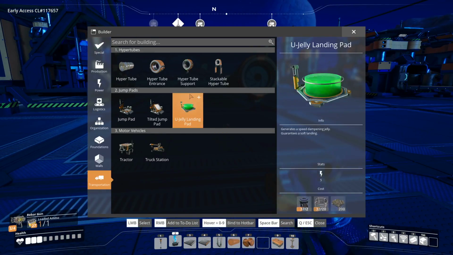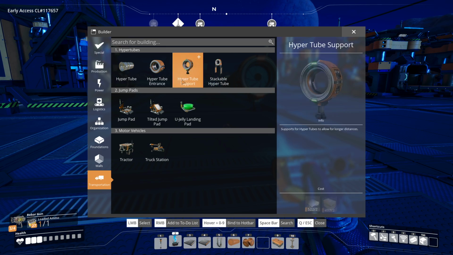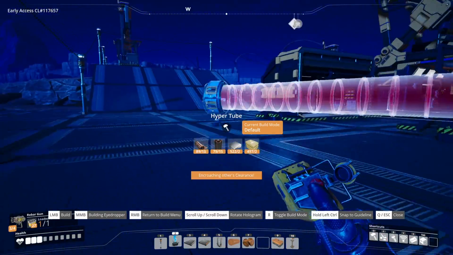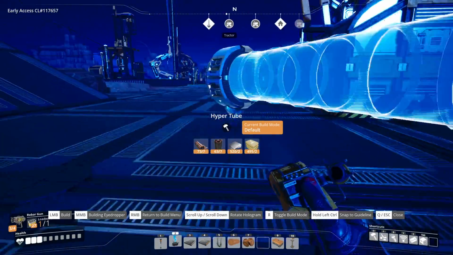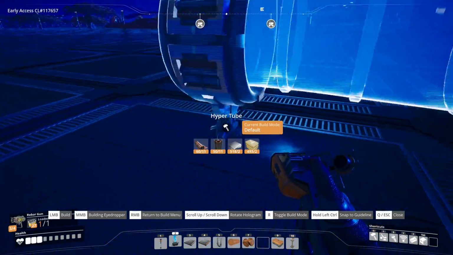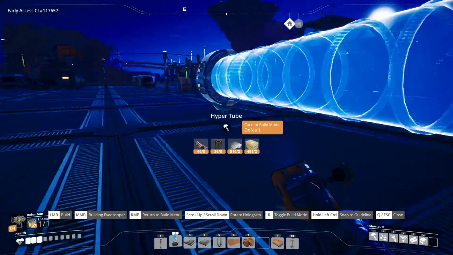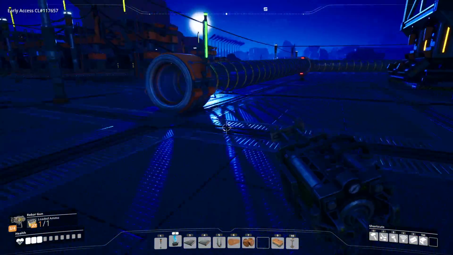And then you can, of course, there's even a stackable version. I don't know if I need a stackable version. I don't have that many friends with me. So the idea of this, you can get around your base easier and faster and stuff like that. So there you go. Let's see how this...